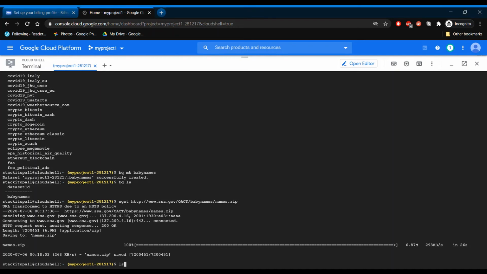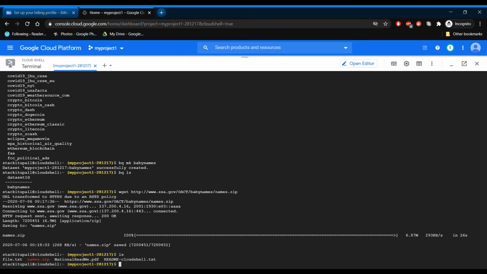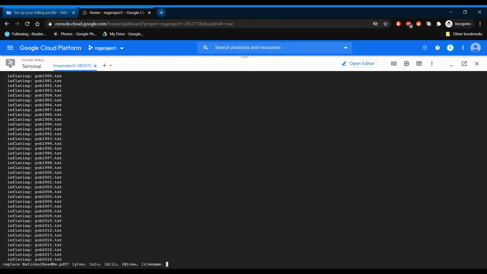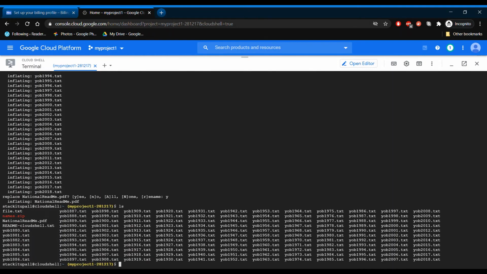So let's see. Yes, we have this zip file. So we'll unzip it once. Yeah, so we have a lot of files here.